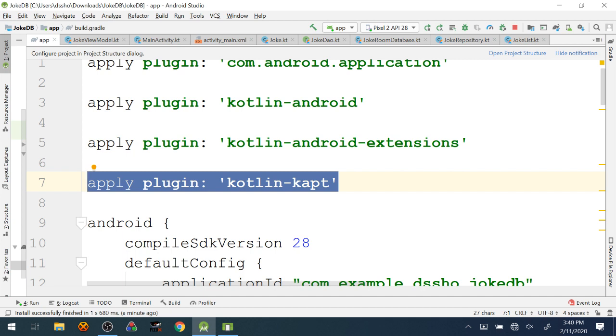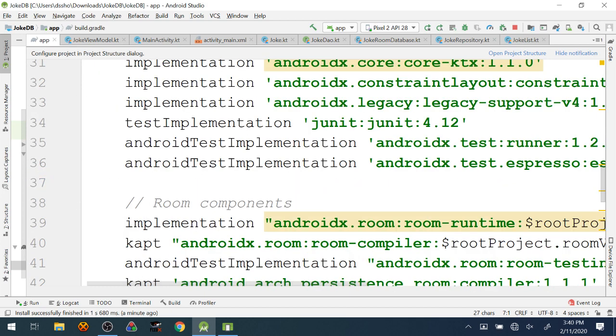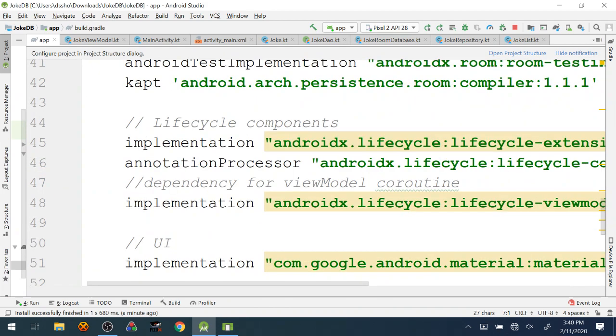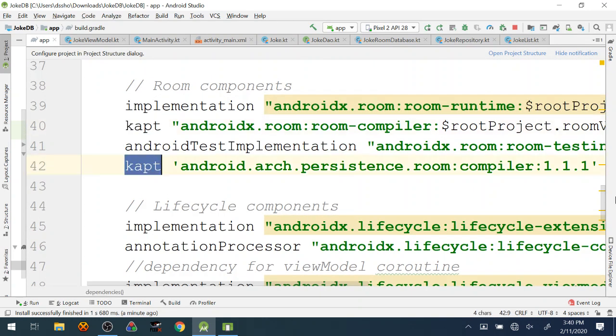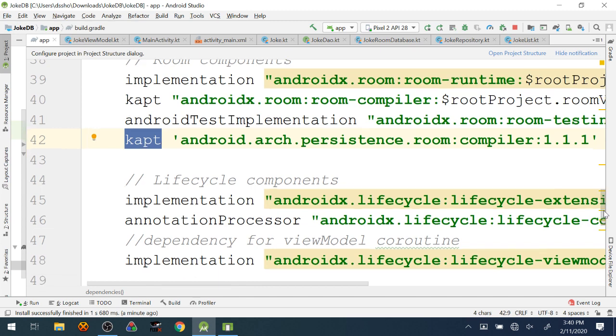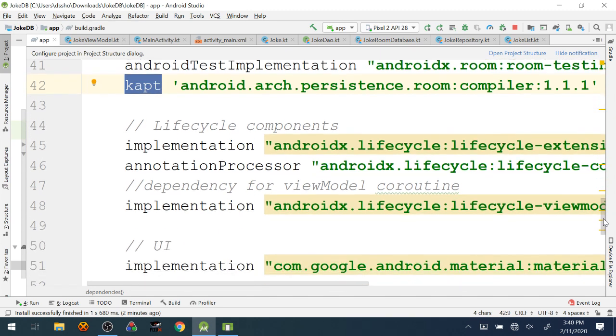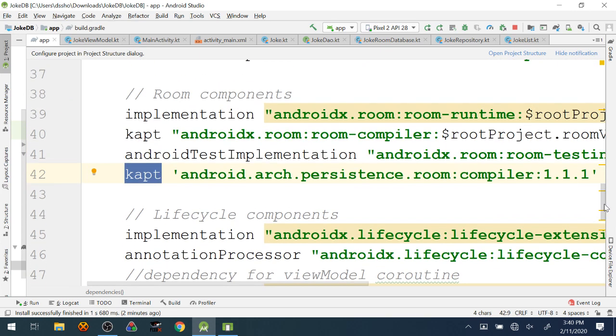I imagine somebody in this class is probably also going to run into that situation, so I just wanted to point it to your attention now. In case you do see some problems, one of the first things I'm going to ask you to check is, in your Gradle file, do you have this plugin enabled, and do you have the Room dependencies set up to use kapt as the command here? Because that's a very common thing that I see.